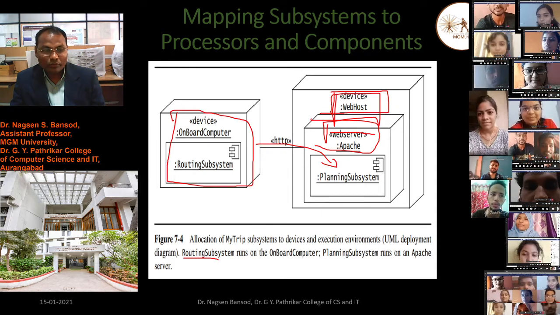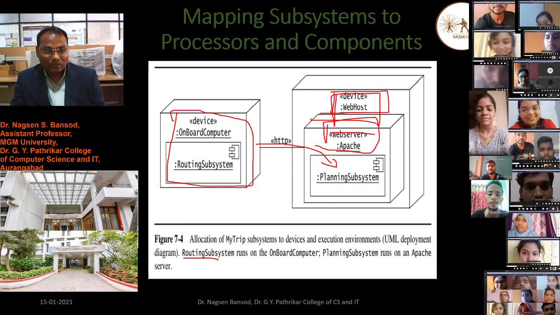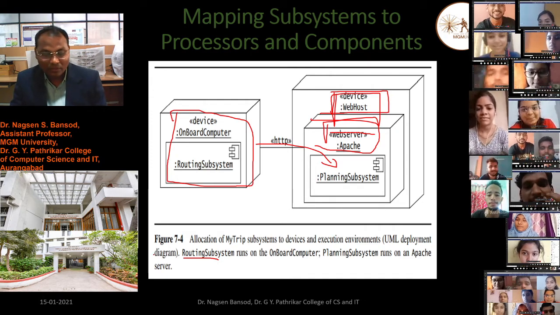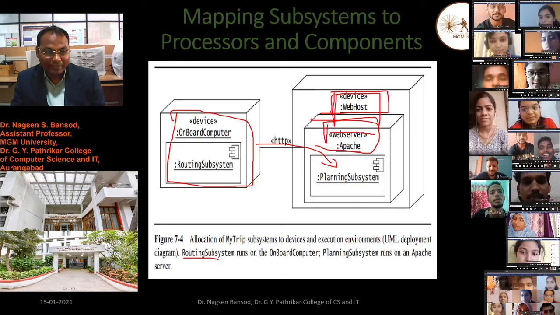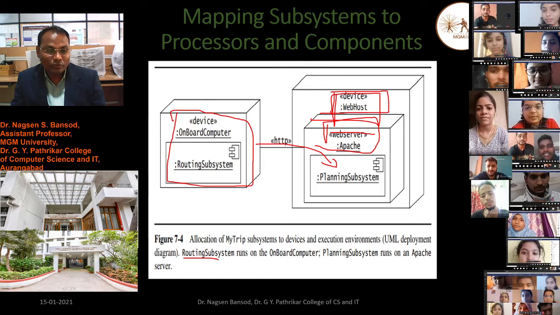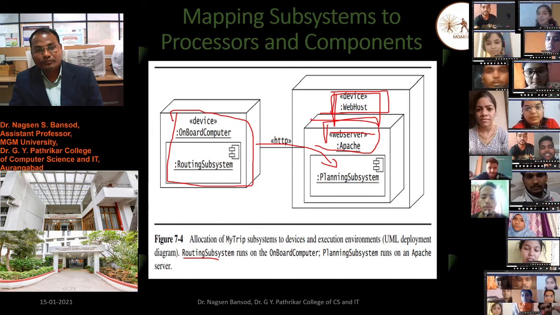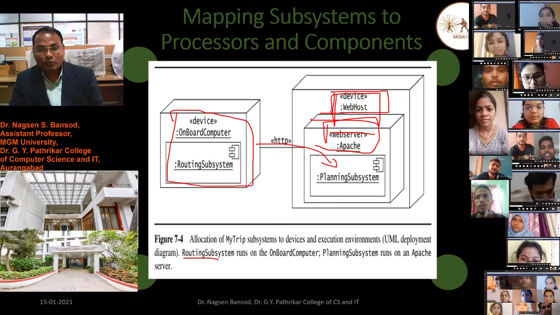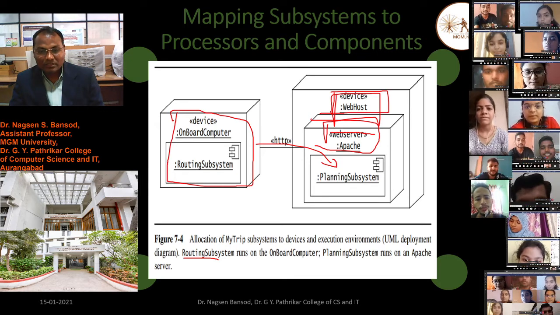Similar kind of software we need as a browser to access this software, which is installed at the web hosting on the server. This is a UML diagram. You have to design this diagram in practical. You have to write the code of this diagram in practical.